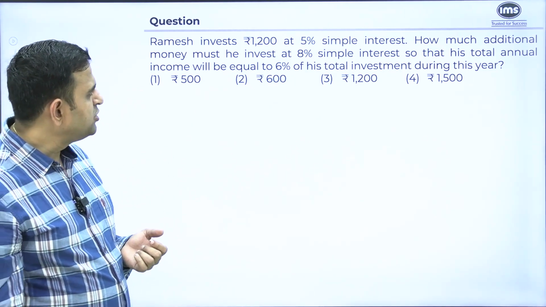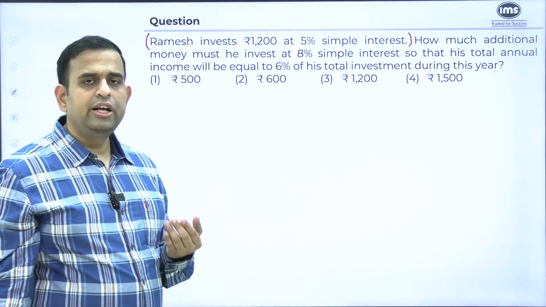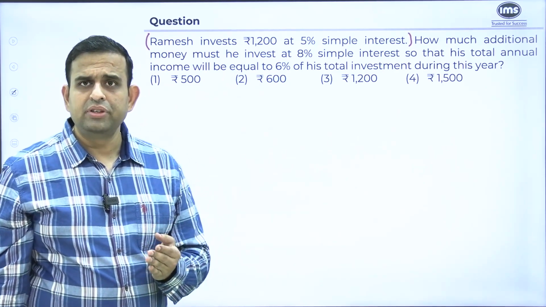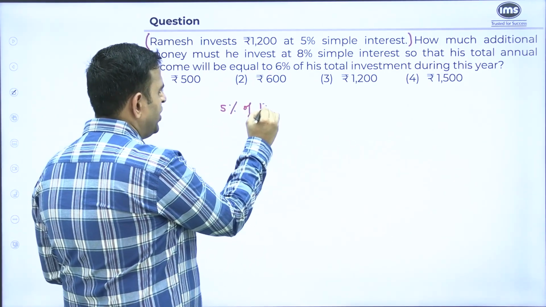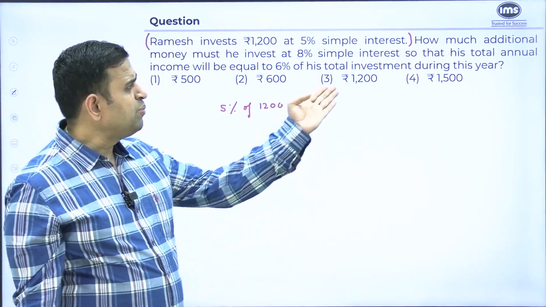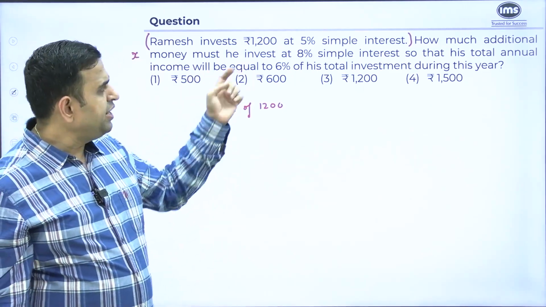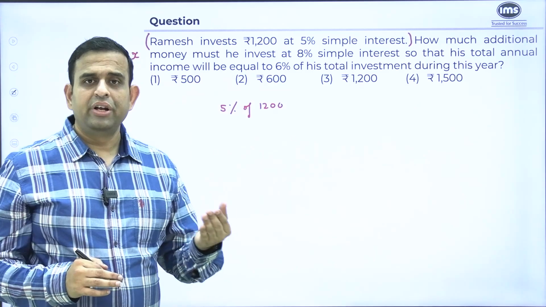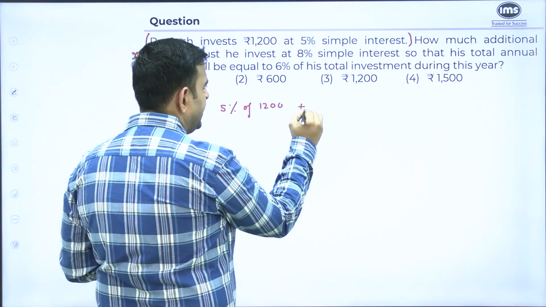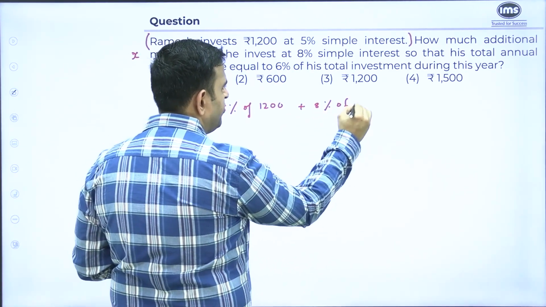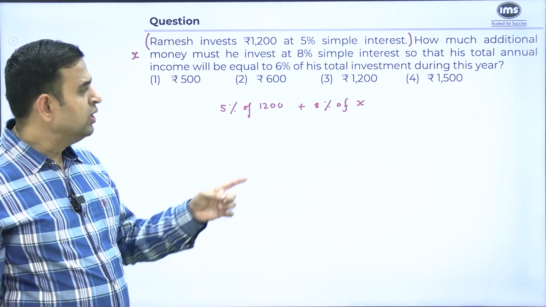In this particular context, first of all, if you look at the first part, on this 1200, how much is your yearly interest? The simple answer would be 5% of 1200. Then they say, how much additional money, which I don't know, let me assume it to be X, must he invest at 8%? So on the money X, if I'm going to earn 8% simple interest, my earning is going to be nothing but 8% of X,